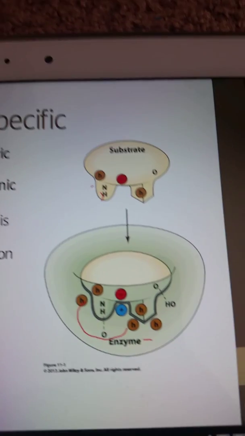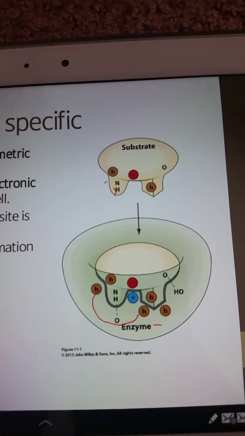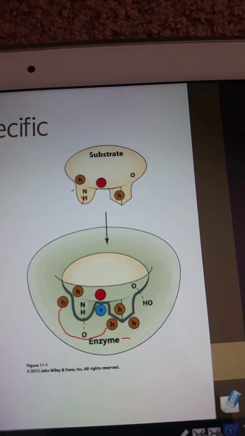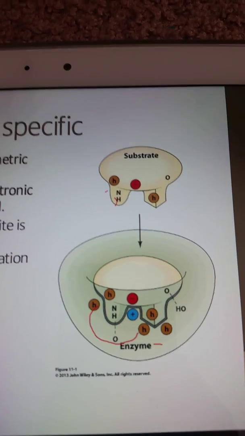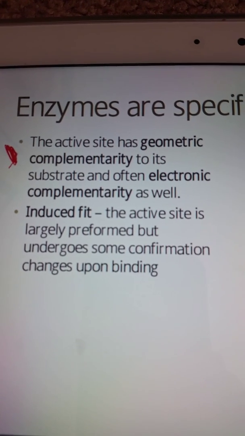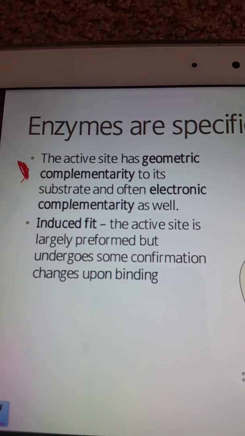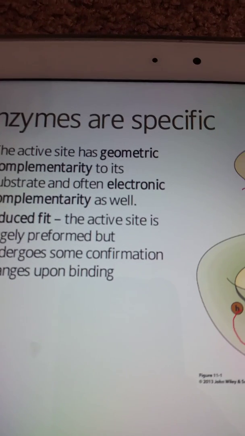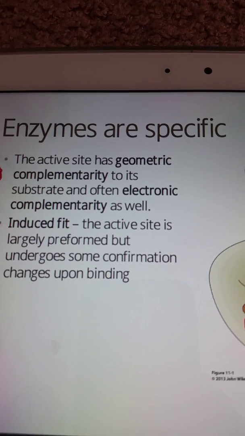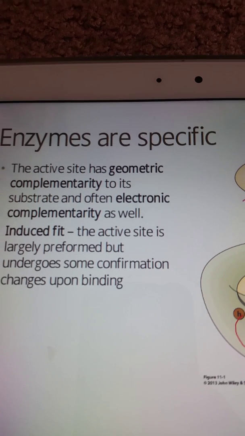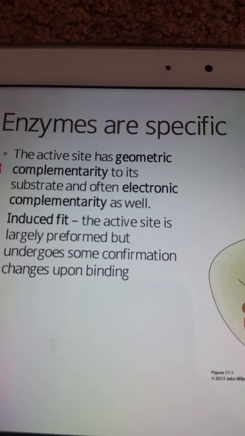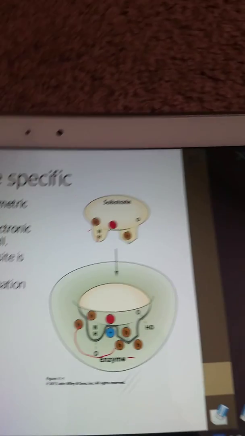And so this is how we believed enzyme substrate interactions occurred for many years, but recently X-ray studies have shown us that it may be more of an induced fit model, where the active site is largely preformed but undergoes some conformational changes upon binding. So it's sort of like putting your hand in a glove. The glove already sort of has the shape of your hand. It's a little flat, but once you put your hand in it, it really conformationally changes and then fits you like a glove, right? So if we look at this,